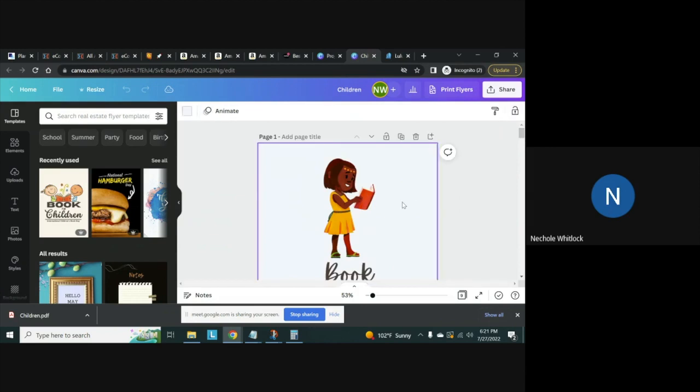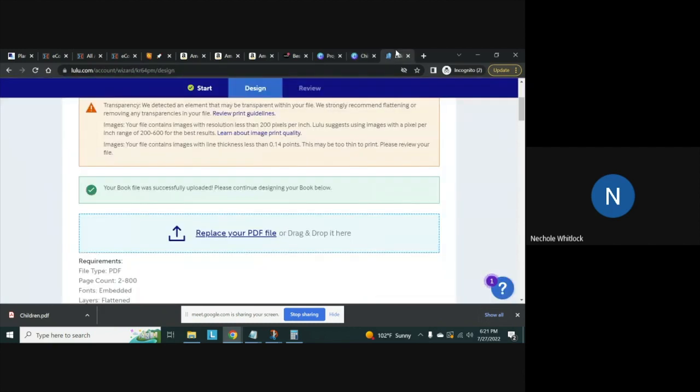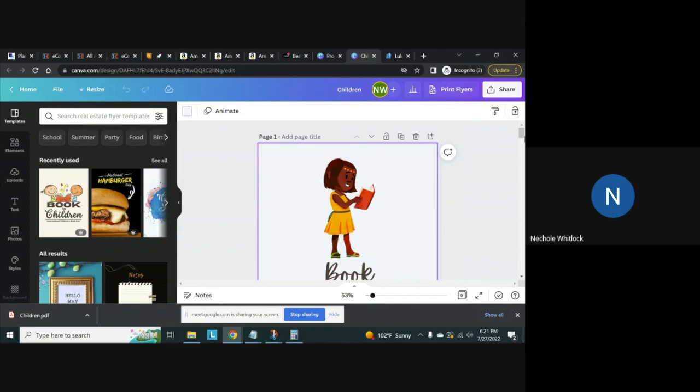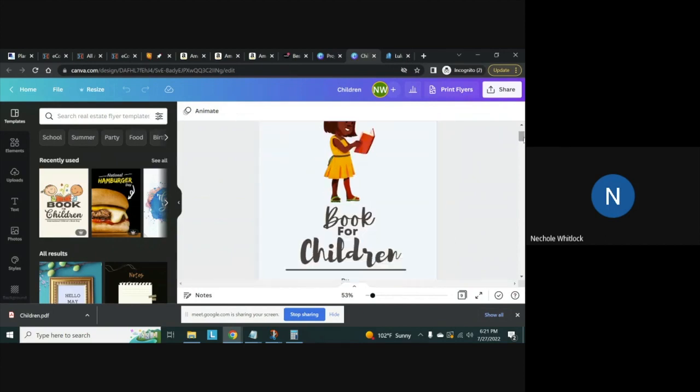Now, anything is possible. So I don't know, so I'm not going to worry about it. Lulu thinks that there's a transparency, so at some point, there might be something. I think the other thing I could do is flatten out this particular image. As you can see,